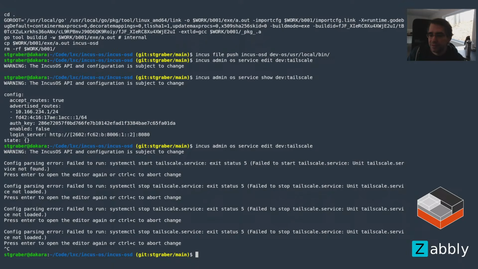Services that are needed to put a cluster together and to manage the cluster, that's the kind of thing we're happy to put in IncusOS itself. So that's why we've got all of the storage stuff, because you need to access your storage. That's why we've got the OVN client side, because you need to bring up the network. And that's also why Tailscale and Netbird, to us at least, makes sense to run at that level, because